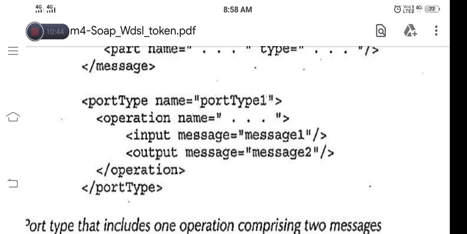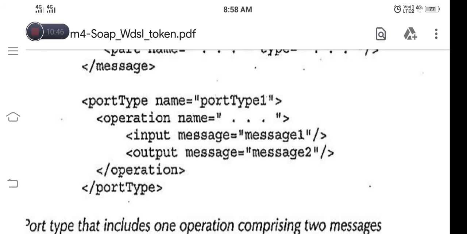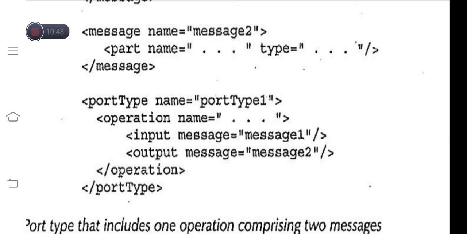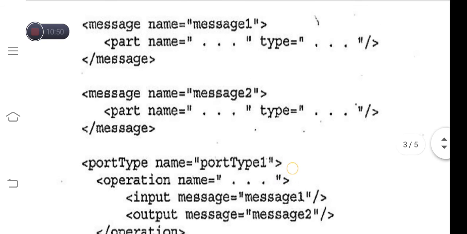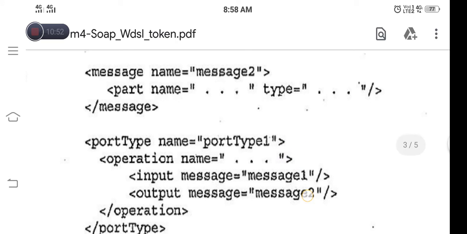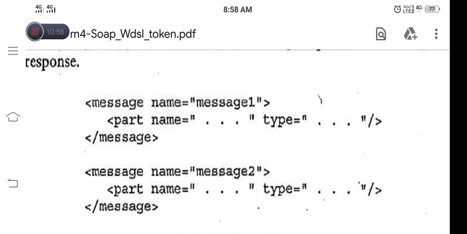Message 1 is of type input, message 2 is of type output. We also have to define what message 1 and message 2 are using the message tag, as we have above.